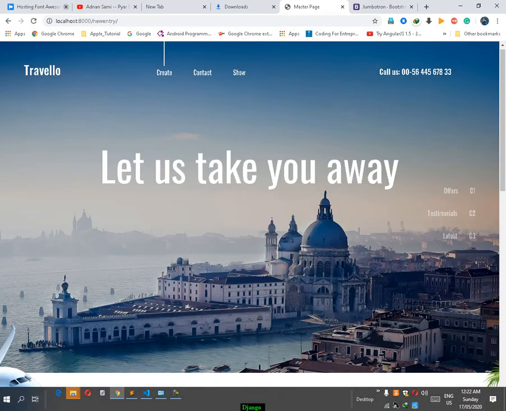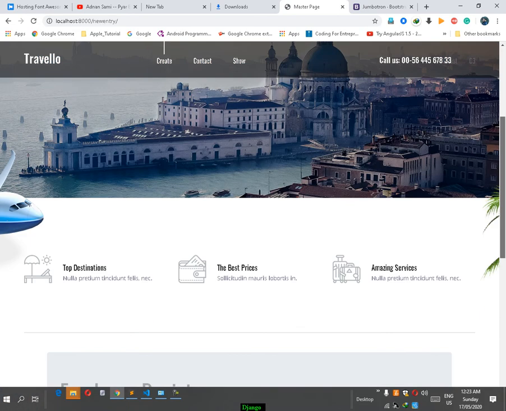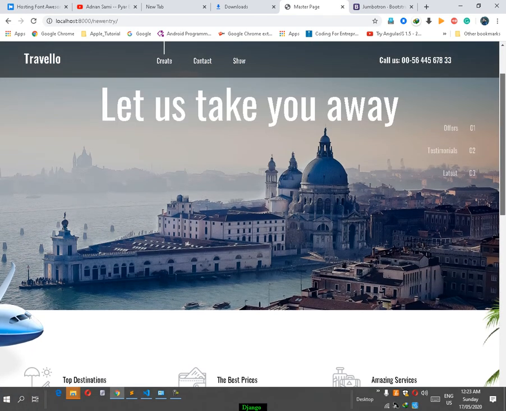That is the overall web page, and the menu is create, contact and show. Basically I'll focus on the create and show. This is a very basic CRUD application, so I don't want to demonstrate the whole thing, but I'm sure you guys who love Django will be happy to know some issues such as URLs and how to copy a running